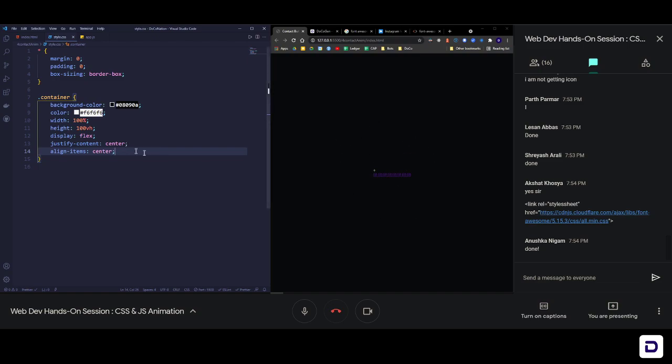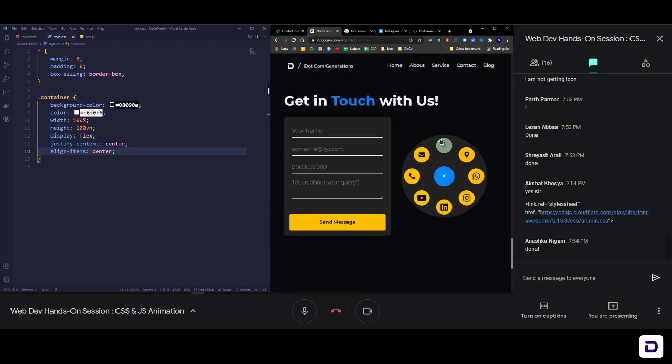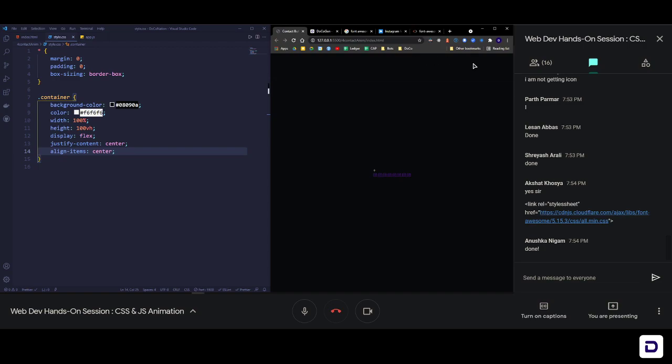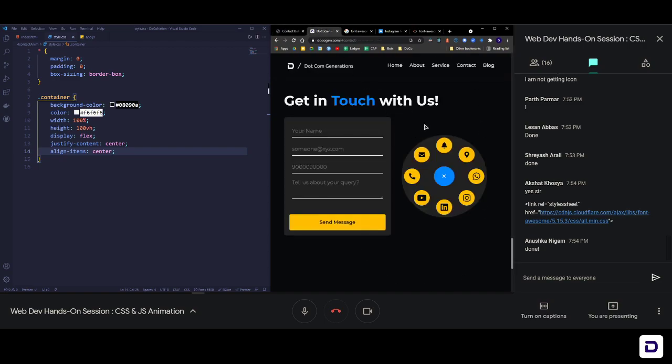Now we're going to style the background element that we have here, this gray element. In this particular website, this small box area which is invisible where I am hovering right now is basically your container. So in this page, the whole page becomes the container. That's the only difference. And now we are going to style this gray background, so let's style it and see how it looks.